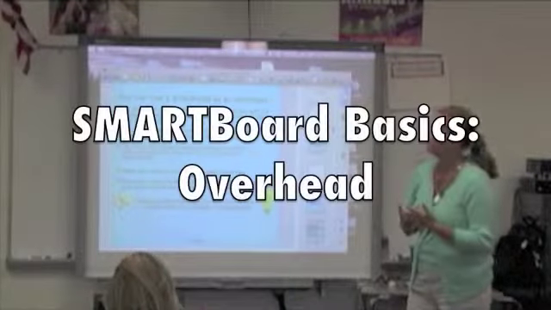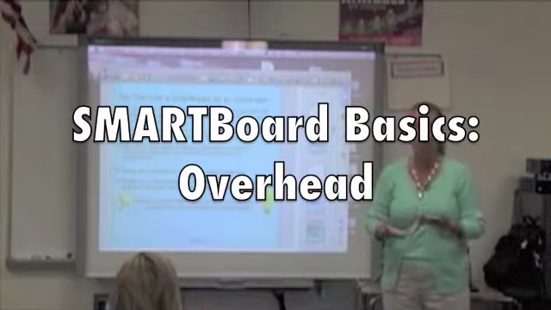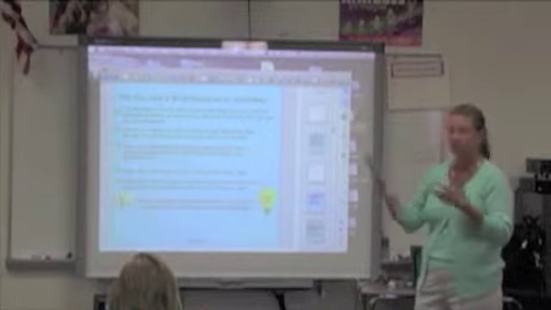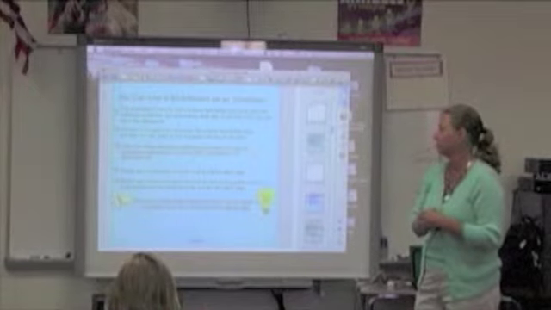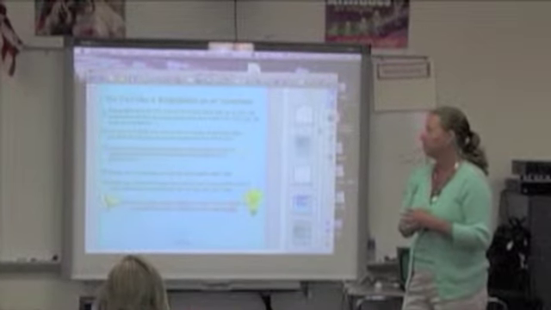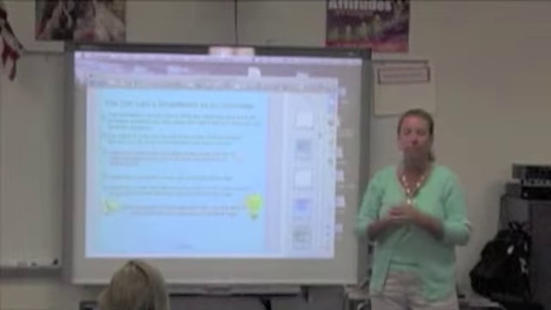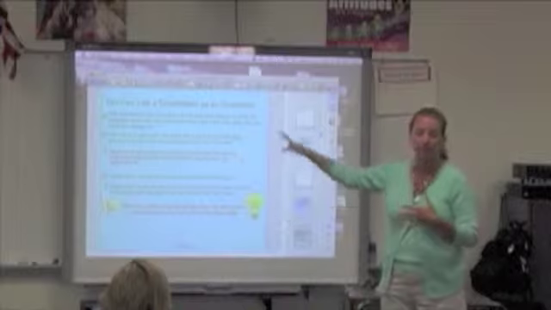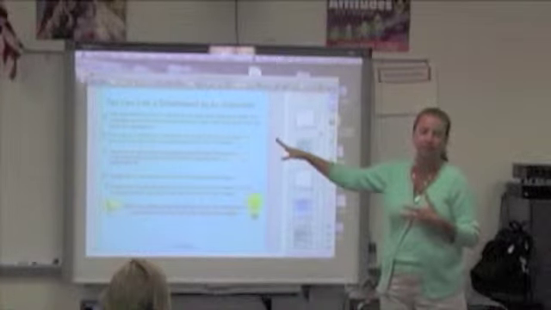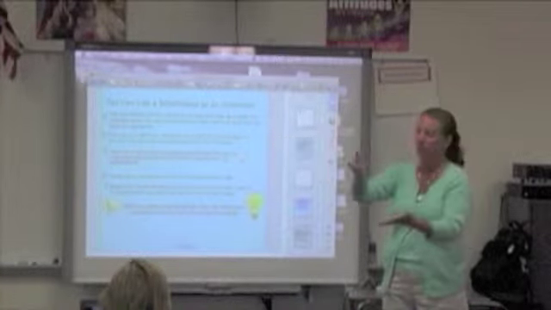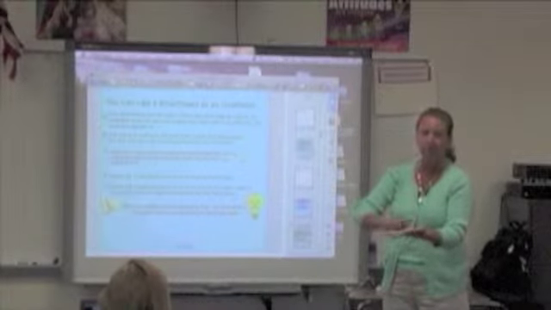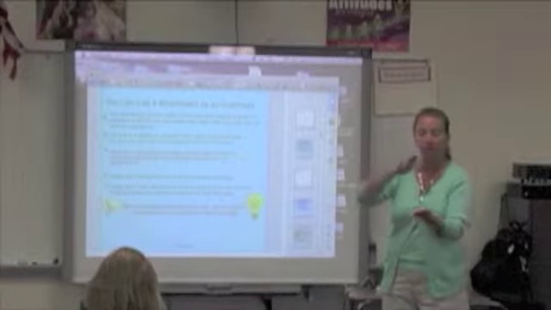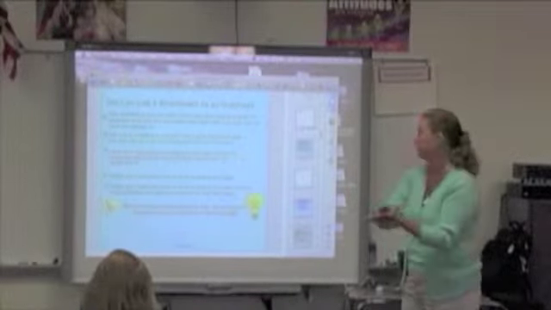We're going to talk a little bit now about using the smartboard as an overhead projector. The smartboard can be used in much the same ways as the good old overhead projectors were. One of the ways we can show you is if we were to paste a Word document onto a blank page, we can manipulate it like you would with the old overhead so that you actually write on top of it. And you can highlight words, underline words, or something like that when you have the one overlay over another.